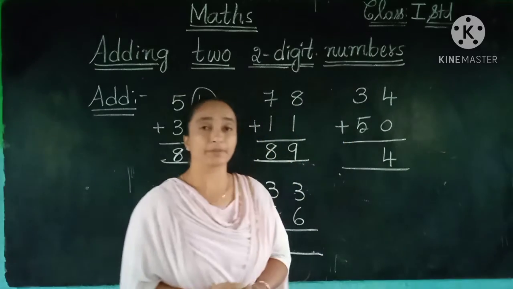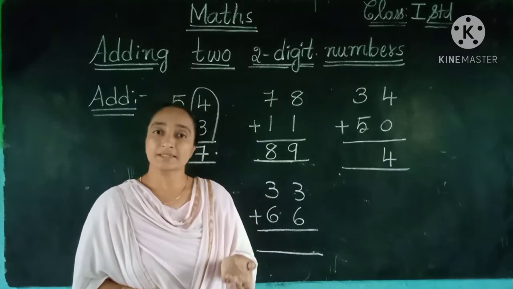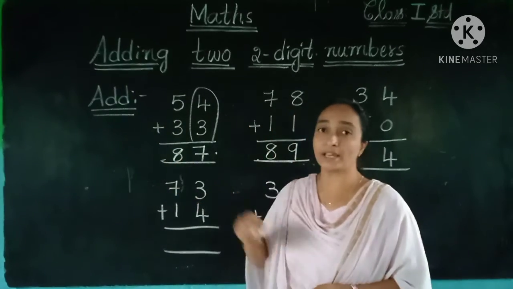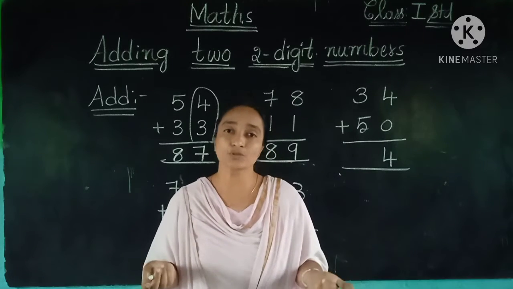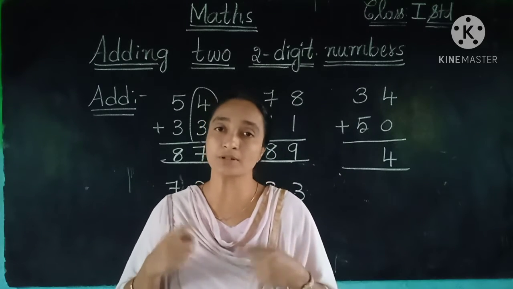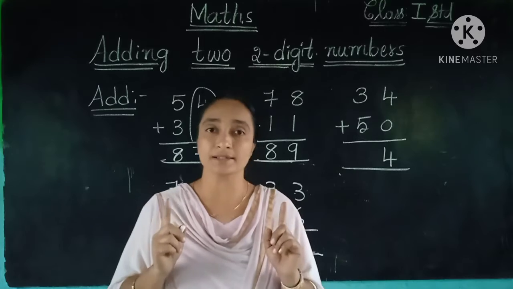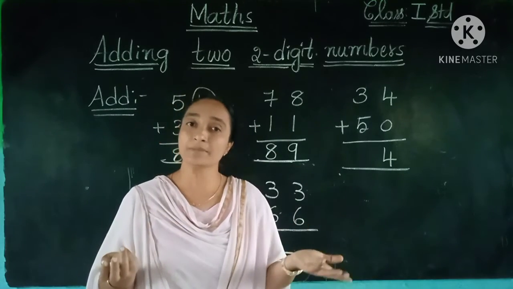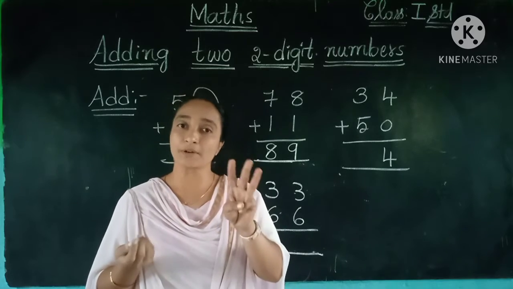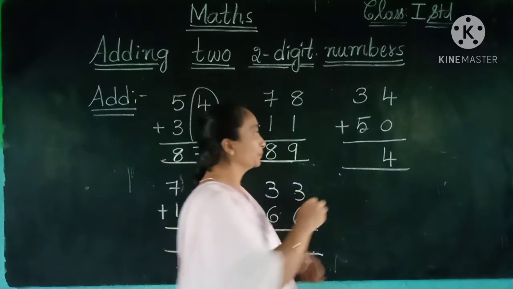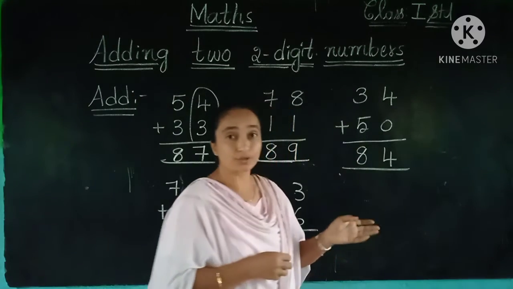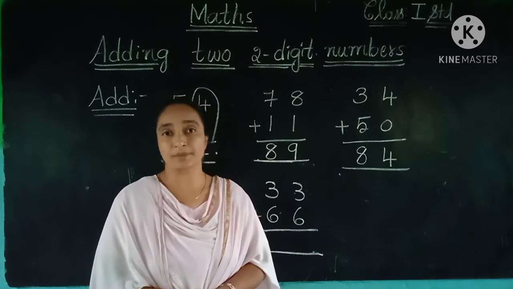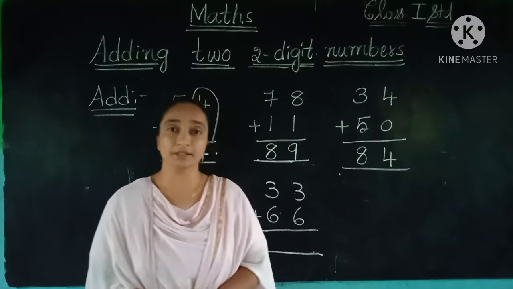Now here 3 plus 5. So 3 plus 5 is the same. First what we have done here, 5 plus 3. So 5 plus 3 is equal to 8 and 3 plus 5 also 8 only. So if you change the order of the numbers also, you will get the same answer, isn't it? If you add 3 to 5 or 5 to 3, the same answer, 8. So take 3 fingers, 5, after that 6, 7, 8. Same answer. So this is also used in the properties of addition, isn't it, children? If you change the order of the numbers also, the same answer will come. So here we have completed the 3.